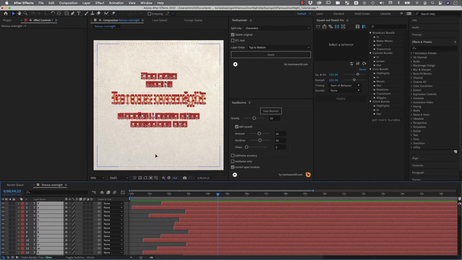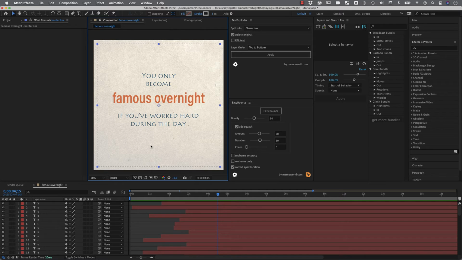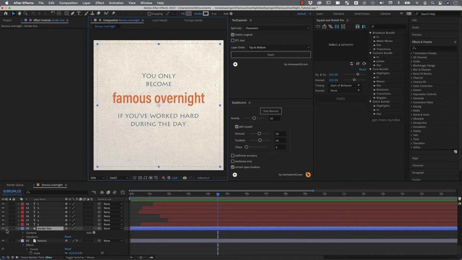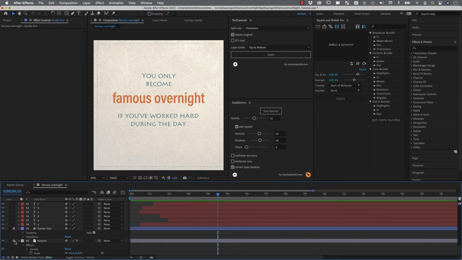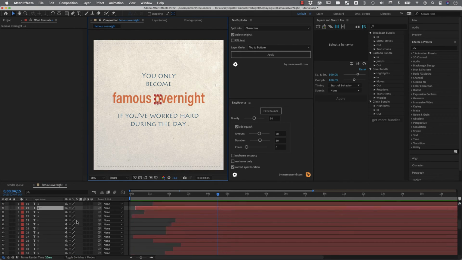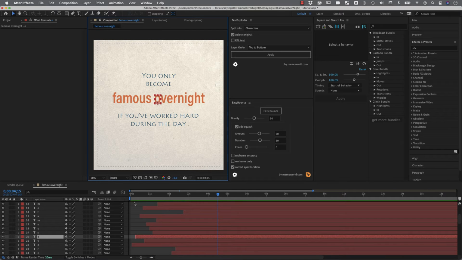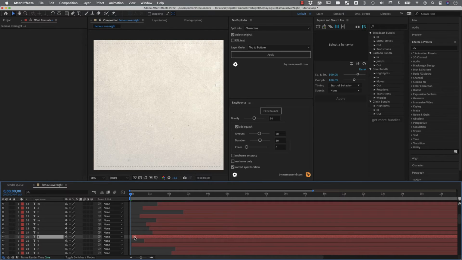Okay, the only thing that is now missing is our hero element, so we want to animate one letter in a different way, and we want to go here for this O. Let me actually lock these background layers such that I don't accidentally select those when I click on something. So now it's easy to select the O. Let's find it here. And the O should start at the very beginning, like here.